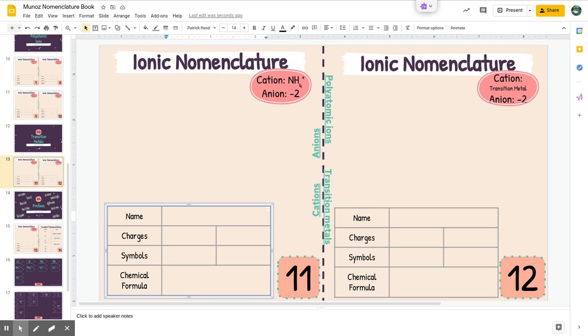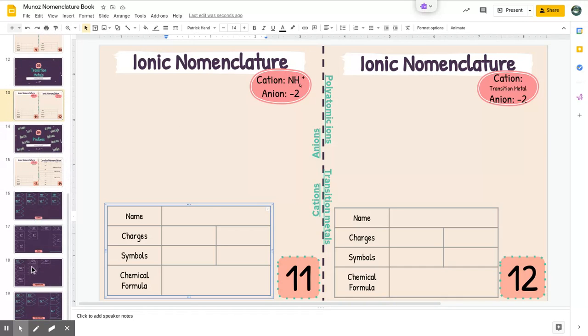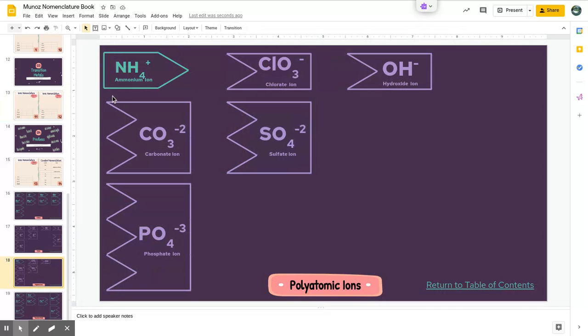So the third and final example for the nomenclature book is going to be number 11. And we're going to do number 11 because it uses polyatomic ions and you're going to need parentheses. So the cation is NH4, and this is polyatomic because it has more than one capital letter. So you're going to go to slide 18 to find NH4. You see it's called ammonium. So we're going to copy that,